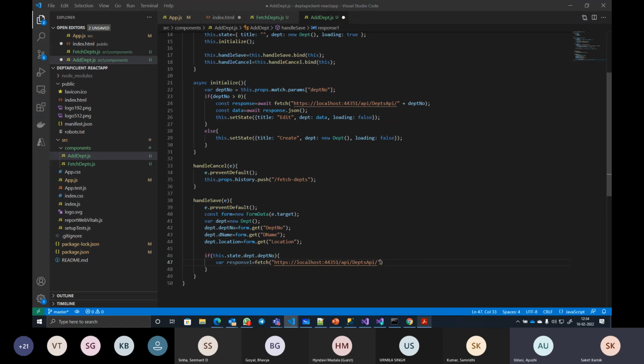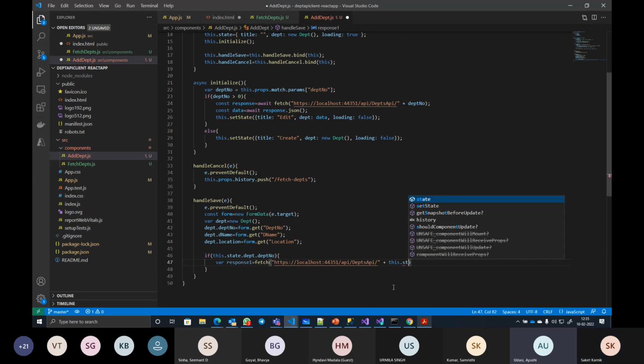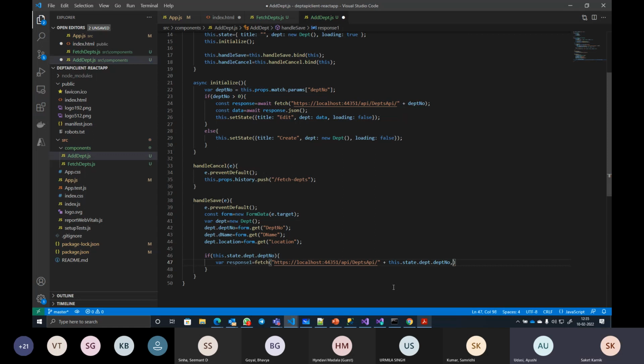So right now my department number is either in department, or I would say this dot state dot department number, comma. I need to tell what is the method type here. So for that, I use the JSON object with the property name method going in as put.